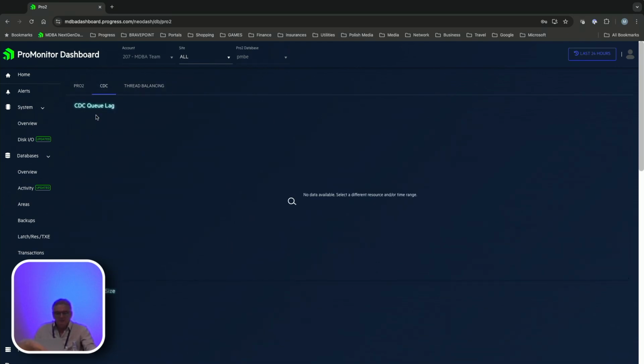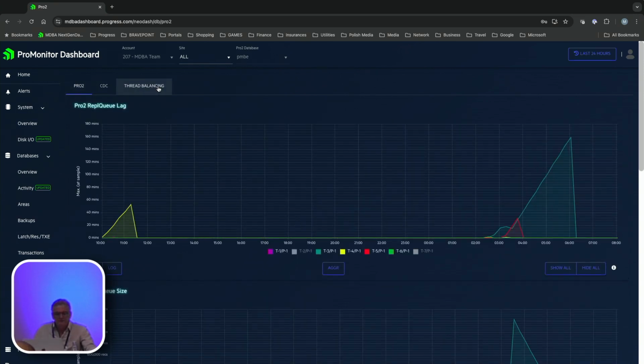I'm just skimming through this very quickly, but there is much more to it. We also have CDC tracking, so CDC queue lock and queue size. But there is a thread balancing. We don't have it here, but there is a way of understanding the association between the threads and the tables